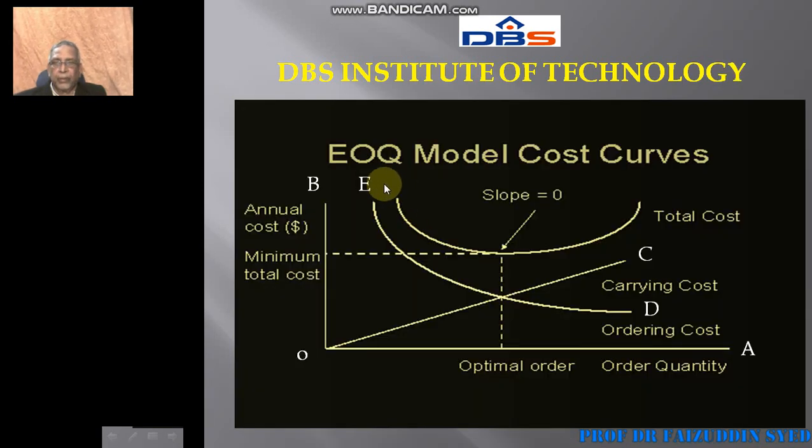Now you are going to see the EOQ model cost curve. This is a graph drawn on the basis of the annual cost and the order quantity, from which the optimal order is obtained. In this graph we can see the optimal order, the total order quantity,